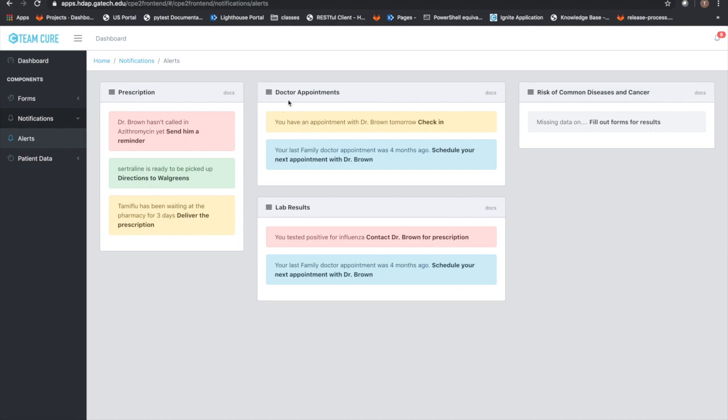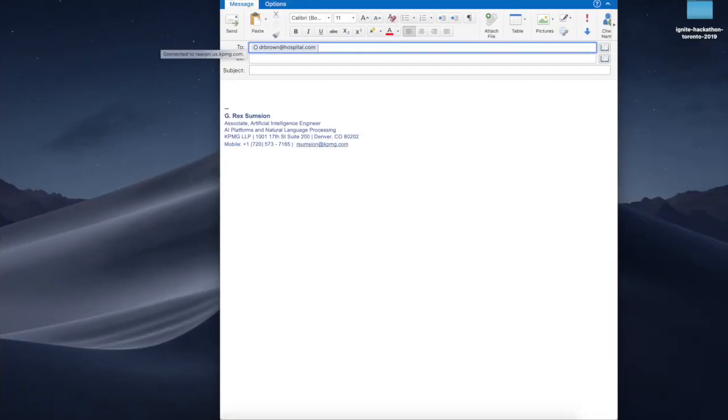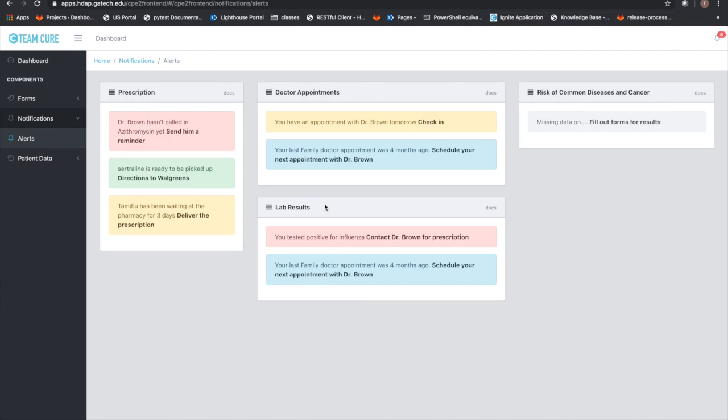Check in and scheduling an appointment. Lab results is specific results that come from your doctor's appointment. So you could click on this and you could get an email with your doctor's appointment or to contact your doctor to ask him about the test. You can also contact your doctor if they haven't prescribed a medicine for your pharmacy. You can also click here and it will set up maps so that you can specifically find where your prescription